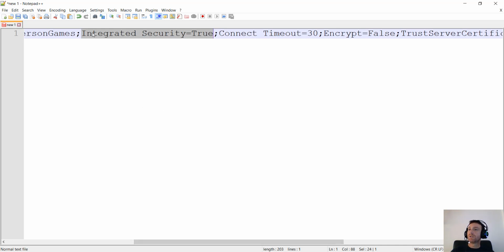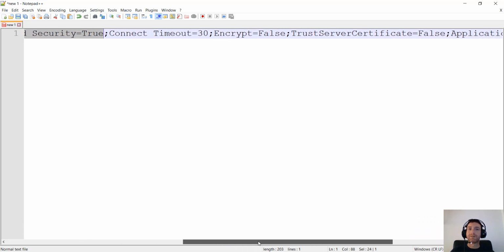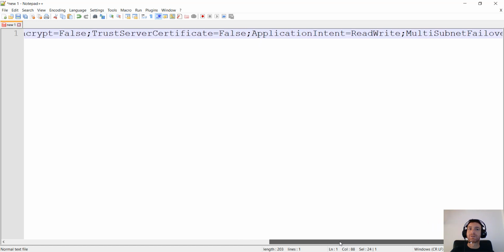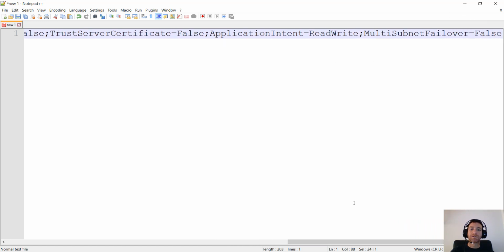But if we are connecting to a database outside this machine, or we want to use the credentials of a user in the server, we should write the password and the username here. Then the other ones are like trust server certificate, or some other